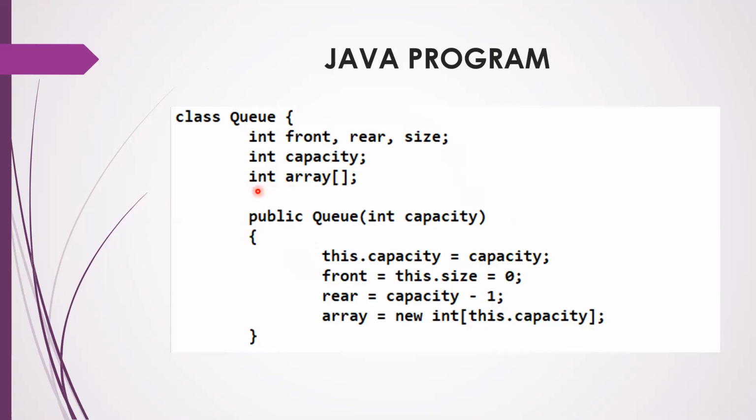How will you declare the array? You have to have a primitive data type, that is int. And then you have to have the array name followed by the square bracket. This is a one-dimensional array. So for Q, you should have two variables. One is front, one is rear. And then the size, that is the elements inserted or present in the array or the queue. And the capacity is the total capacity of the queue or the total capacity of the array. We are implementing queue using array. So total capacity that the array can hold.